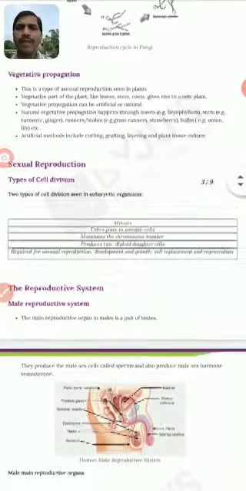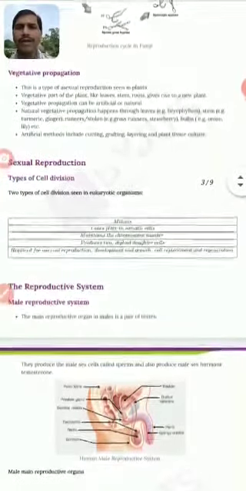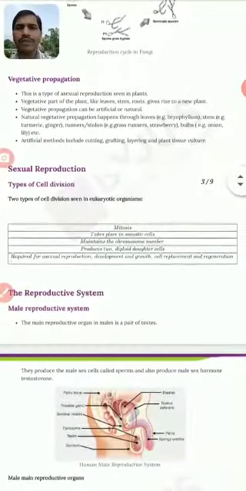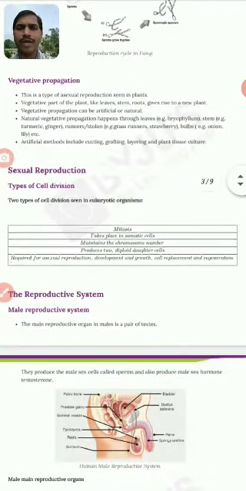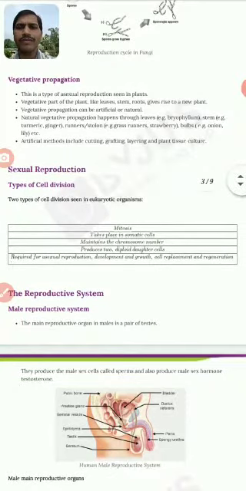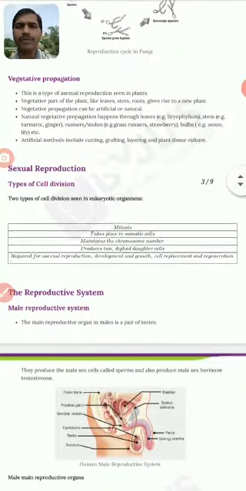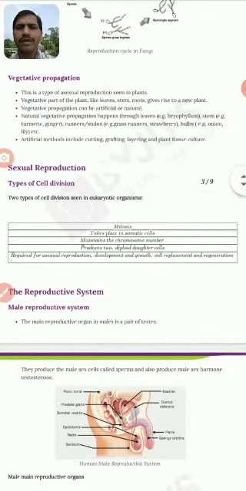In layering, the branch of the plant which lowers towards the ground is mounted with soil after leveling into the ground. The part which is mounted to the ground in due